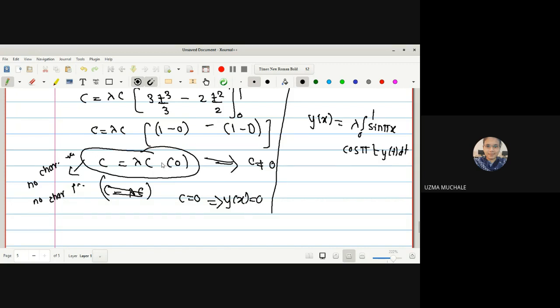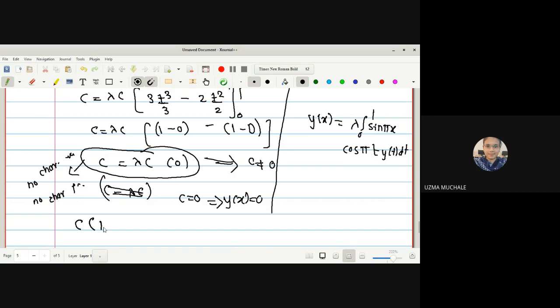Okay. You can also see it like this: here this term is 0, which means C is not equal to 0. Actually this equation doesn't clarify anything. Nothing is clear in it. If this term is 0, we can also assume C is non-zero, because we cannot say what is the value of C. If C is non-zero, what will be the case? And if suppose we are saying like this, here is 0, 0 into lambda into C, 0 into anything is 0, and hence value of C is 0. This is not possible, right? Here what are we doing, lambda into C into 0 is equal to 0, hence we are saying that C is 0. But what is the actual case?